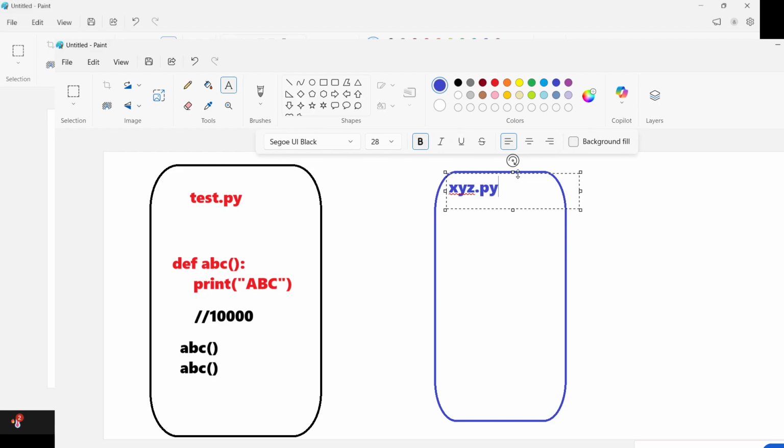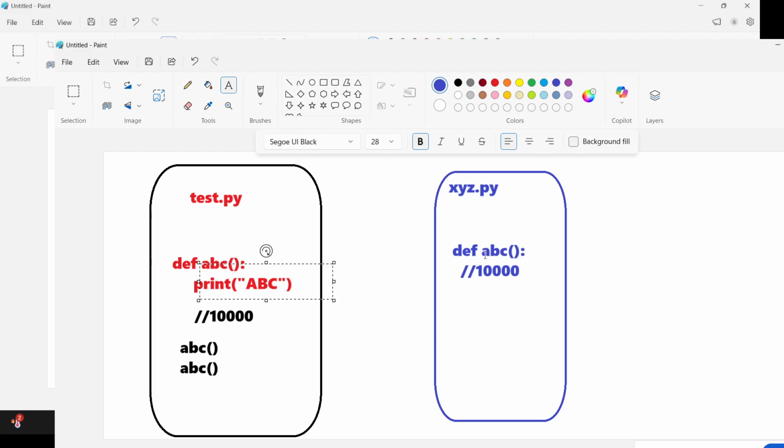This is a file, and in this file also you need the same functionality. Up to now, whatever we have learned, we know that if you want the same function, we don't have any option. You can simply create the same function again and write that 10,000 lines of code again, because this function is not possible to call in xyz.py.